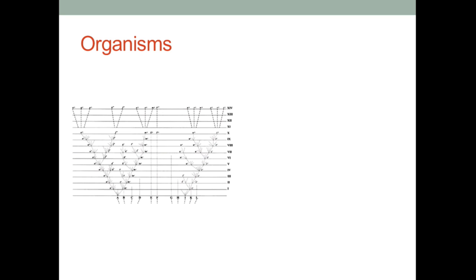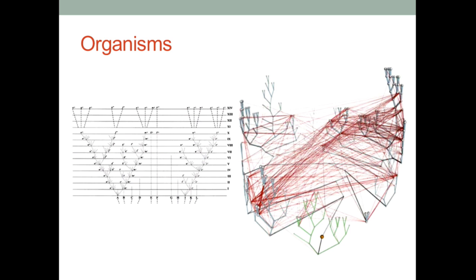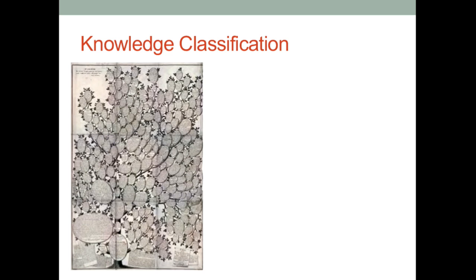So on the left here we have, I think this is from Darwin's Origin of Species, a species tree, and on the right we have, overlaid on top of that, common bacteria across different organisms. Knowledge comes up in knowledge classification. On the left we have this taxonomy. I think it was, I'm going to butcher the name, French philosopher Diderot, if I pronounce that correctly, but he did this in the 18th century.